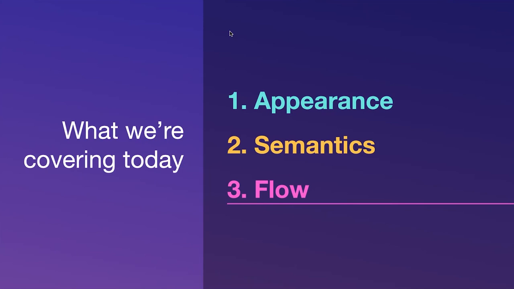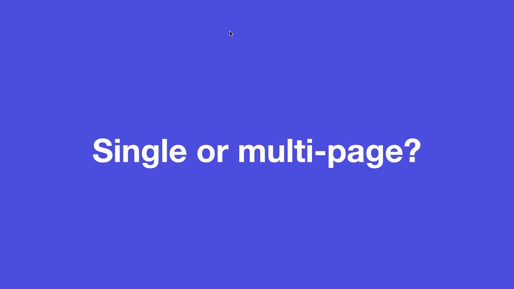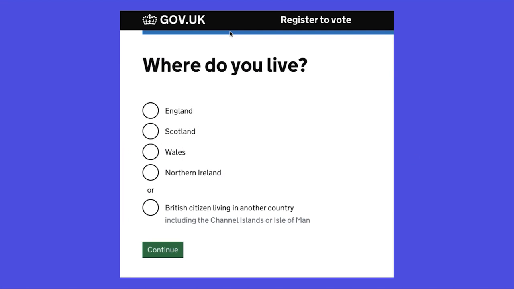Okay, and then last of all, I know we're running a little low on time, so I'm doing my best to speed through this. Flow. So this is like looking at how your forms go from start to finish. So the first big question you might want to ask yourself is, do you want a single or a multi-page form? In fact, most people are so ingrained to this, they only do single-page forms, but it's definitely worth considering the alternative. So GOV.UK, which is done by GDS, and they really know what they're doing, they are strong advocates of multi-page forms. So chances are you've actually used one of these.